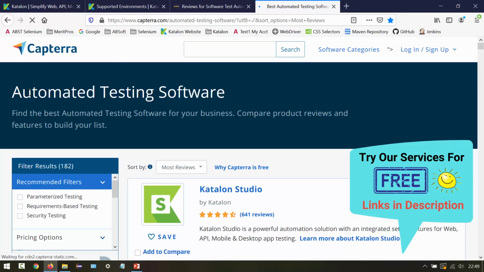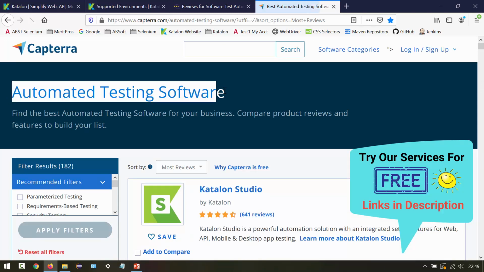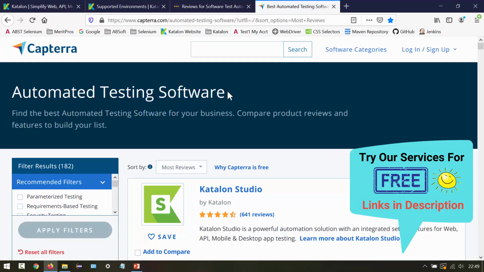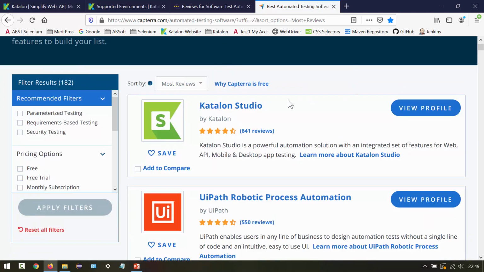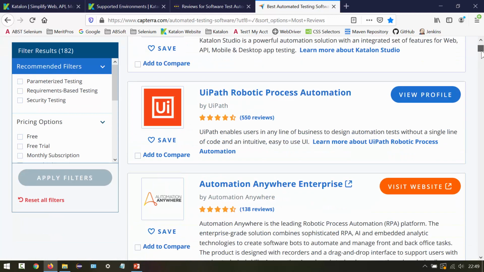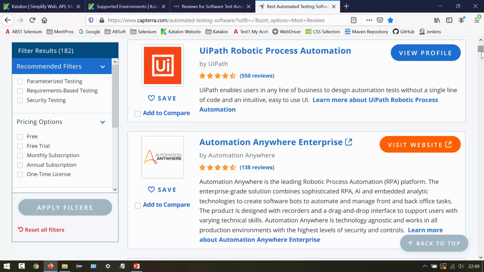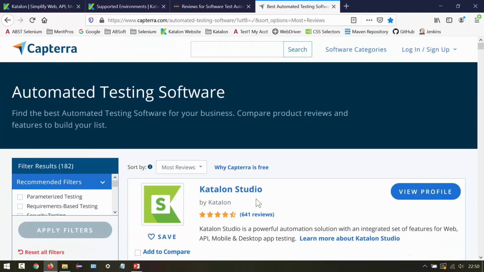So here I have selected automated testing software, and then if you see here, we have Katalon Studio with the most reviews, sorted by most reviews. Then with 641 reviews, Katalon Studio is number 1. Then we have UiPath with 550 reviews, and then other automation tools, but Katalon Studio is on top.